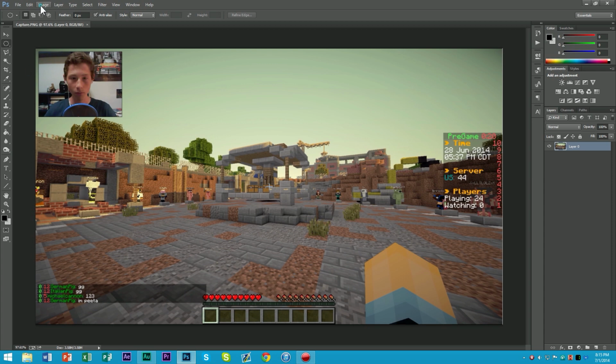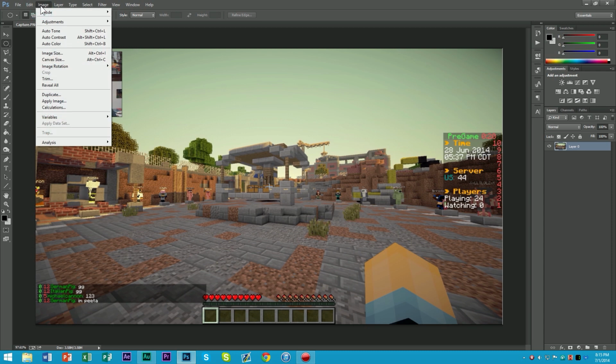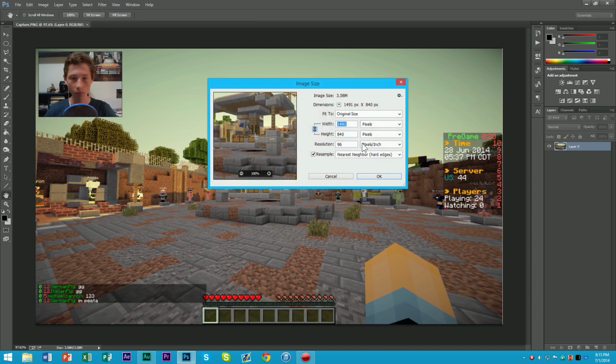So first of all, we're going to make sure that this image is the same size as the videos that you record and edit. So in order for that to happen, you need to go to image size, and then go see whether you record your videos and edit them in 720p or in 1080p. And for me, I record and edit my videos in 1080p, so I'm going to do